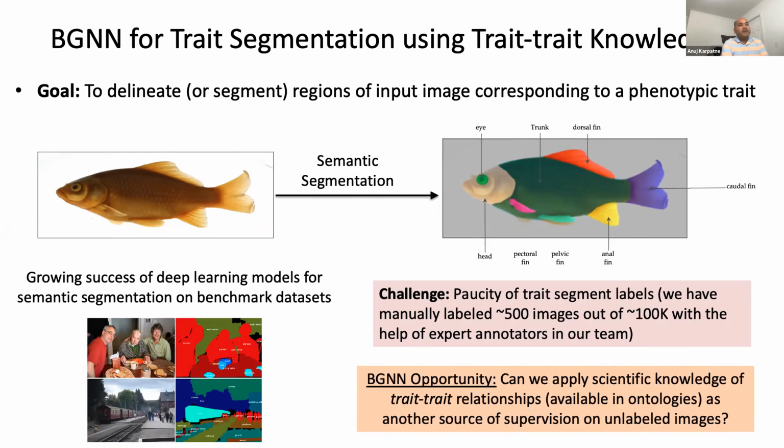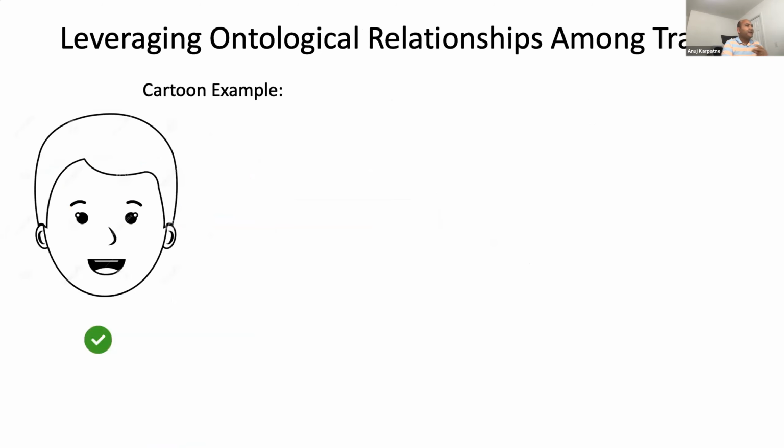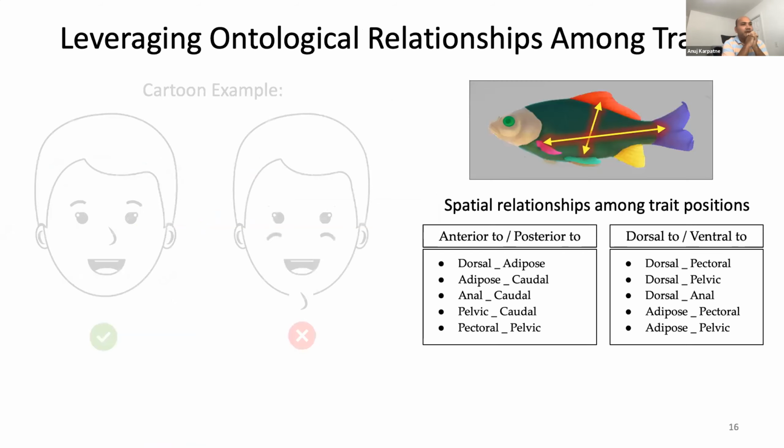So here is where we are exploring scientific knowledge available in the form of trait relationships. Right? So let me, in the interest of time, skip over this cartoon example and talk directly about the type of relationships that we are exploring here, which is for all of the traits that a neural network model is predicting on an unlabeled image, we can enforce whether those traits satisfy known spatial relationships between the traits. For example, we know that the pelvic fin is anterior to the caudal fin. Right? For any unlabeled image, if